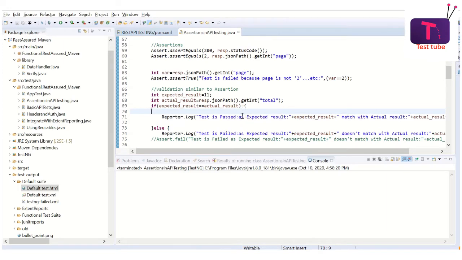But if I run the code now, what is going to happen is it will pass the test case. For example, this is 11. 11 is not matching the actual result. In that case, it should go to else and it should fail the test case by printing this message. Now let me run this one.